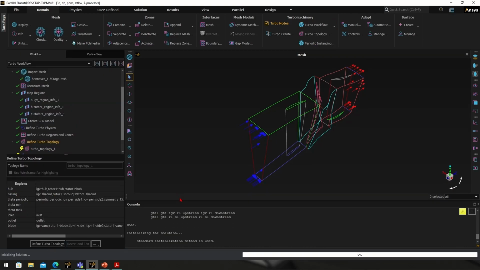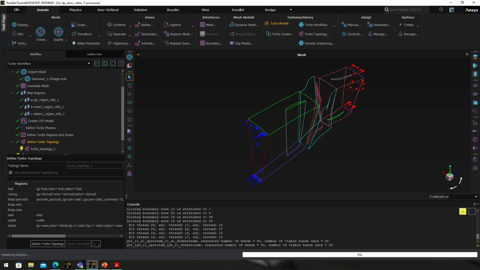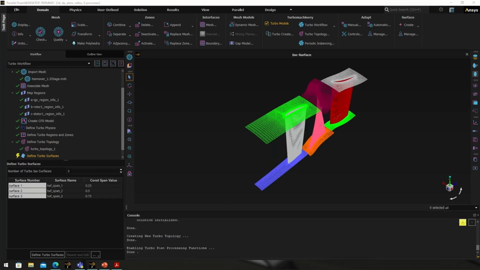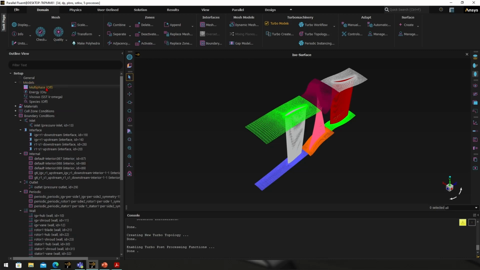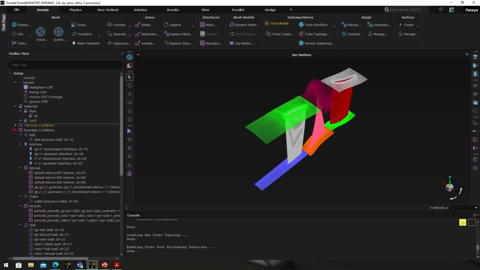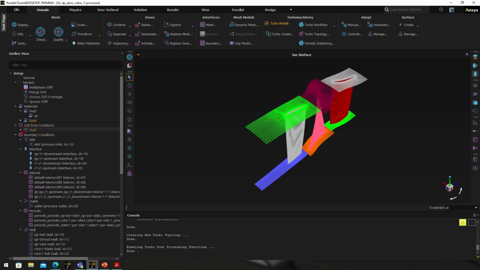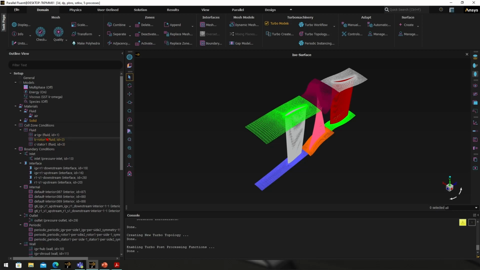So if I click define turbo topology, it seems to be initializing the solution, and it does a few things in the background. Okay, so that's been done. So we'll hide the workflow again and now look at what changes have been made. So starting from above, we can see the energy equation has been turned on. For materials, we have air because we didn't specify any other materials. If we go on to our cell zone conditions, remember we specified the rotor cell zone to be rotating. So if we go there,